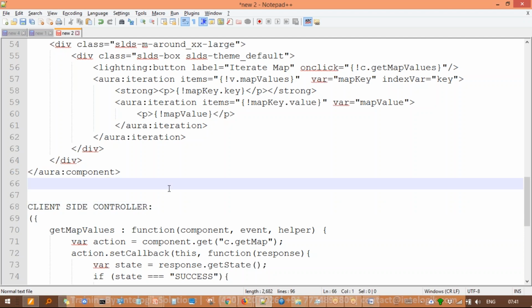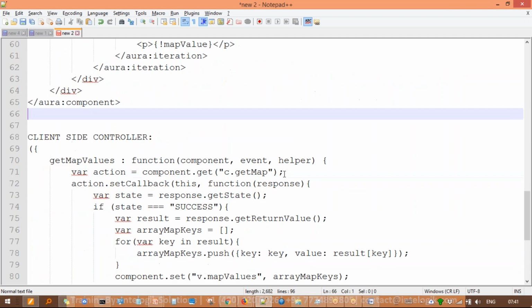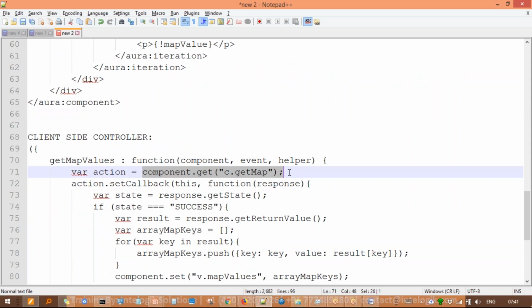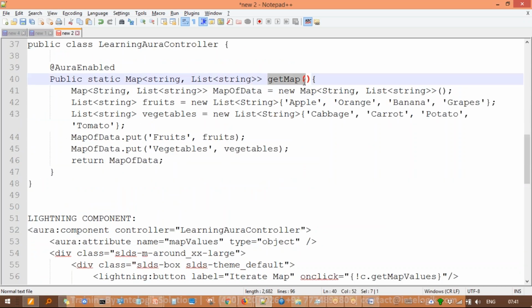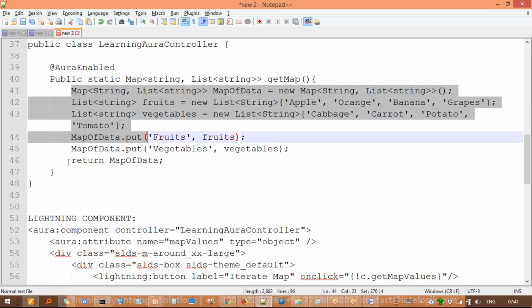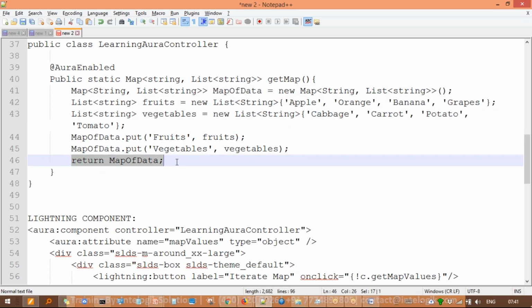Okay, that is the JavaScript controller. Fine. So we are saying that as soon as this function is called, do one thing: go to the server and call the function getMap. Is it there? Yes, getMap is there. So what will getMap do? It will make all this data ready, and at the end it will return the map,